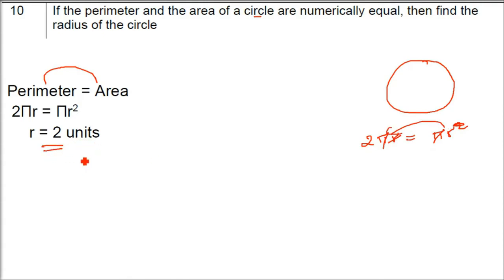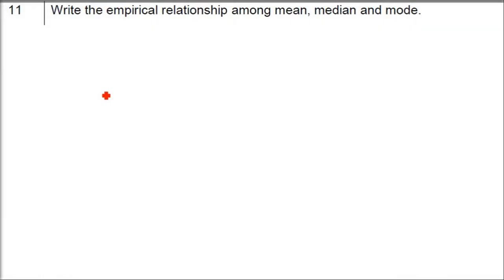Now why is unit written? Very important. You cannot just write r equals 2. That will not be good. r equals 2 units. Because r is a length, you have units. If sometimes you are asked about the area, you will write square units, for volume cubic units, because you have to tell the examiner, I know that it is units, some centimeter, meter, kilometer will be there. So this has more impact.